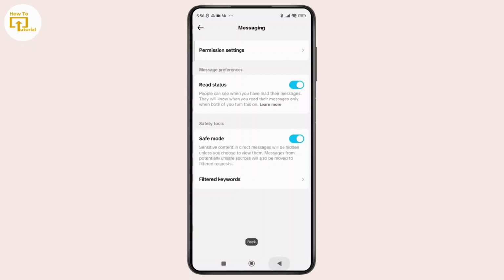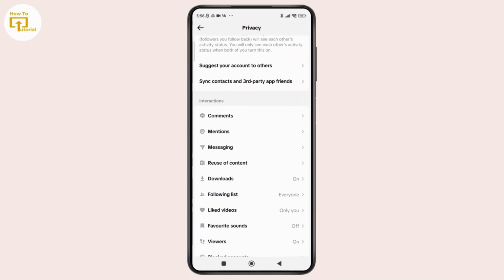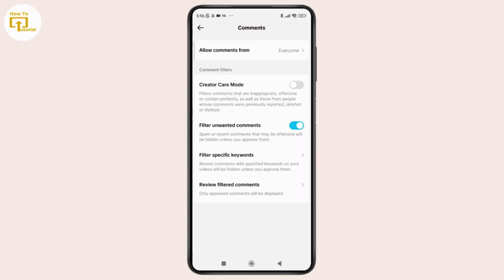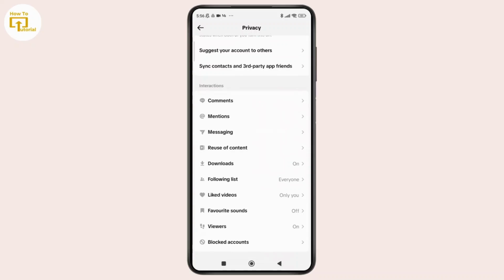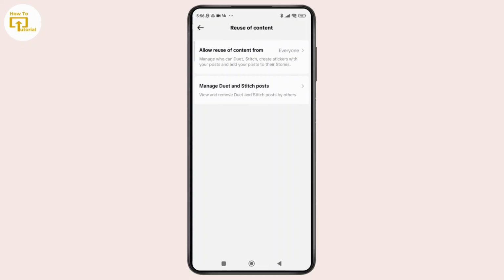And with that, let's go back and scroll down and tap on comments. And now here inside the comments, you can manage who can comment on your video and apply filters to reduce spam or unwanted content. And with that, if you go back and tap on reuse of content, there you can see